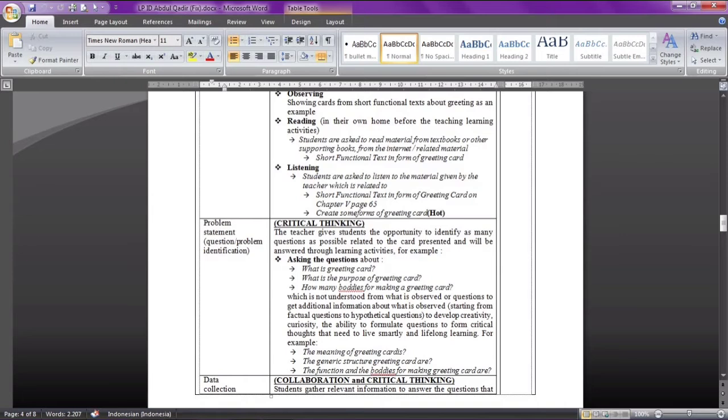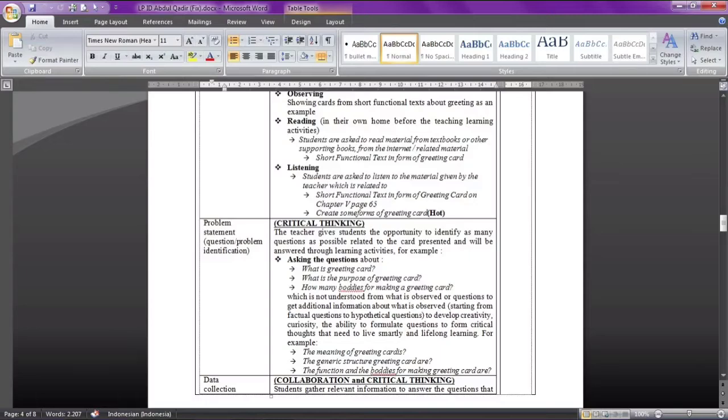For example, the meaning of greeting card, the generic structure of greeting card, or the function and the bodies for making greeting card are. Okay,